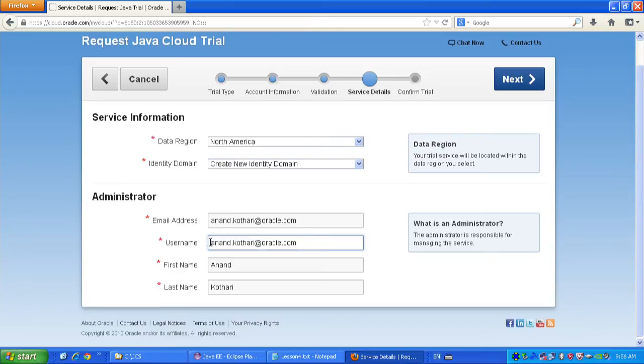If it is in the domain, then not just a notification goes to the user saying that you are the administrator, but he doesn't get a new password because he can use your existing password. If the user is new, a new user gets automatically created and a temporary one-time password is sent to the user. That's what I'll do. I'll say next,